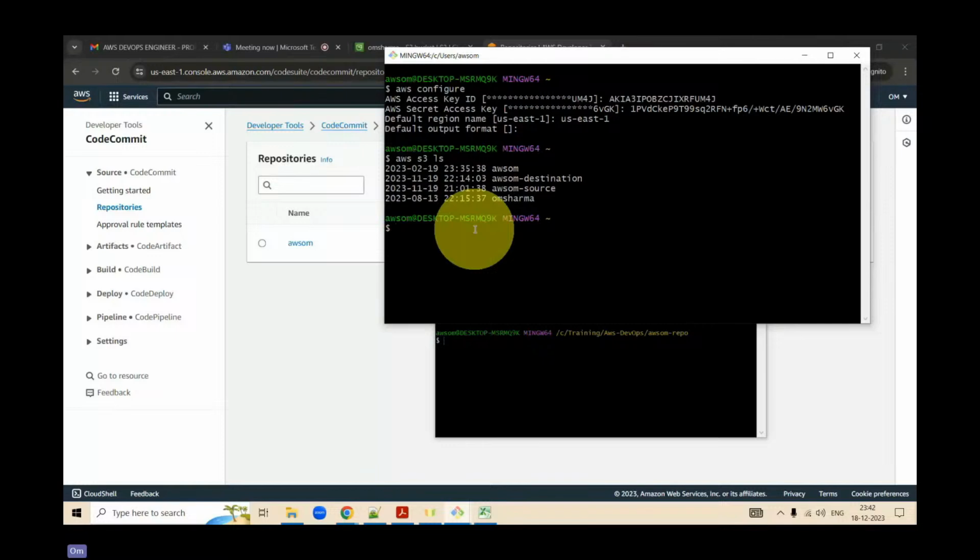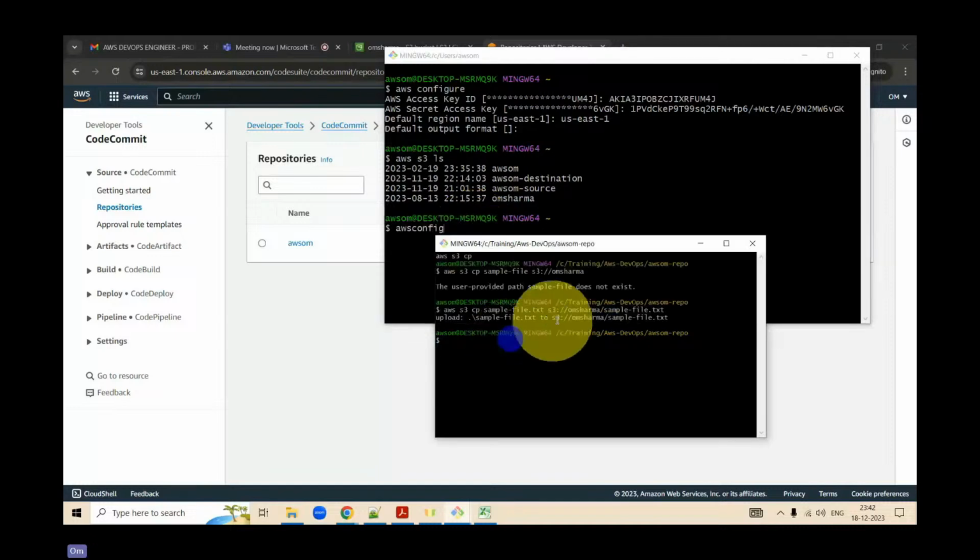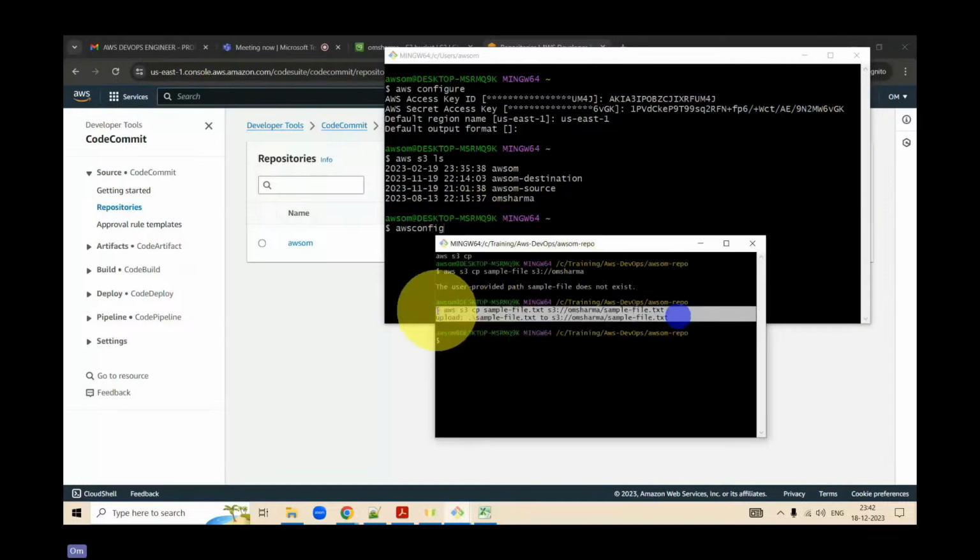That means I'm able to connect my local with my AWS console using a CLI. Now, if I want to copy files from a source into a destination, you need to execute this command.